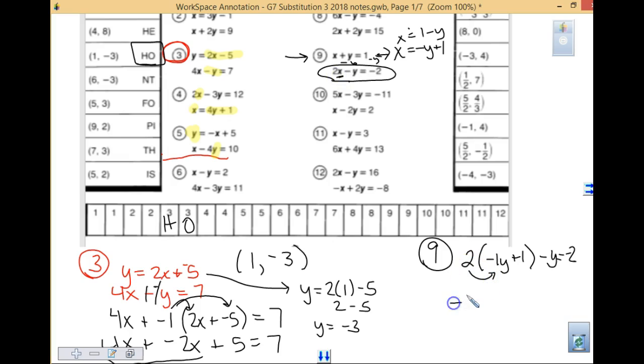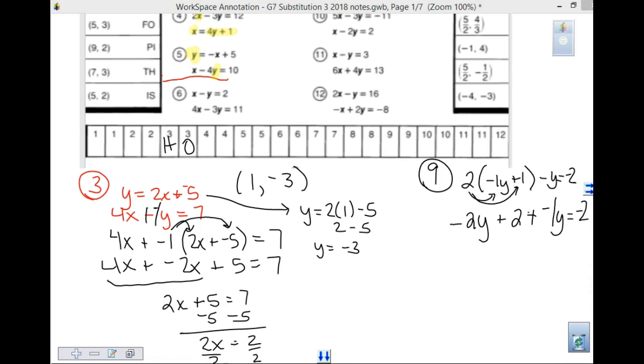This is going to give me a negative 2y. 2 times 1 gives me a plus 2. This is a minus 1y. I might even rewrite it as plus a negative 1y equals negative 2. Okay. So when I'm solving that, I'm going to be subtracting, if I look at this, subtract 2 from both sides. Negative 1 plus a negative 2, that gives me a negative 3y equals negative 4. Dividing both sides by negative 3,